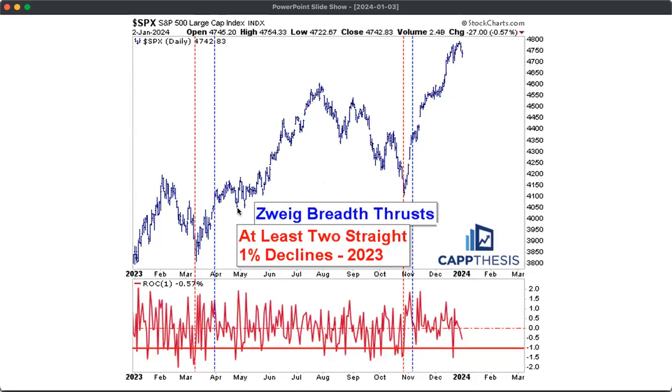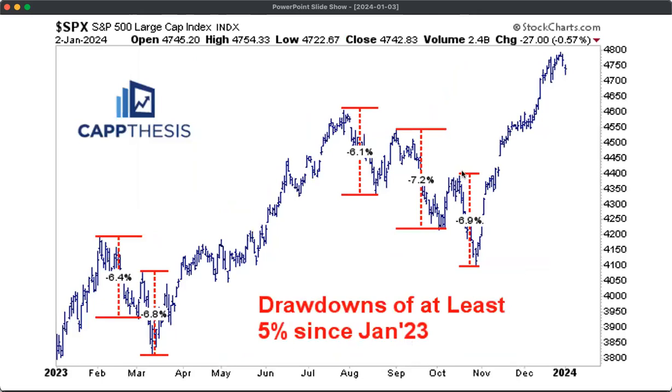Now, the concern, of course, is that eventually momentum does fade and start to break down, which it did in August. That is the concern again currently. And the other part is that we haven't had a drawdown of anything more than, say, 1 or 2% right now. And if you look back over the last year of action, we know that the biggest drawdowns occurred during both corrective periods: from the February top to the March low, and from the July intraday high down to the October intraday low.